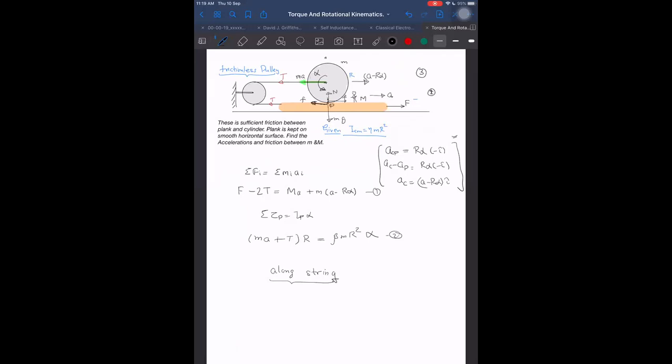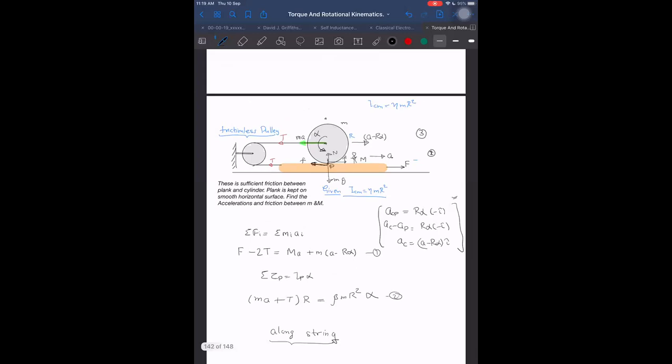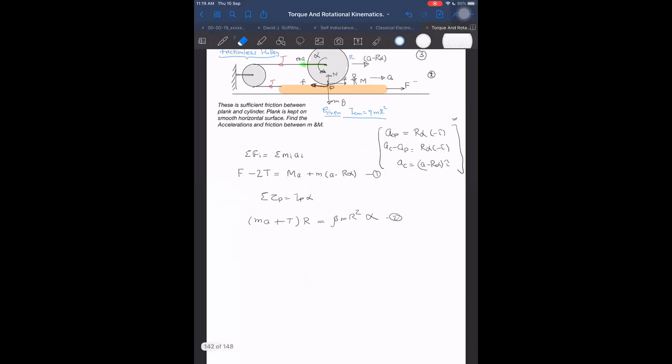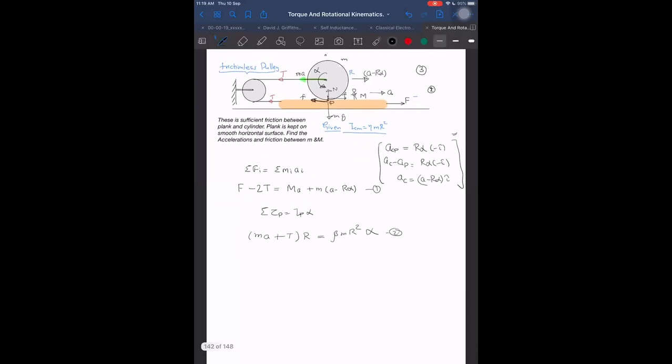Along the string I mean for the upper one in this direction, because this is the direction of the string tension. I will assume first the motion, in which direction it is moving. So if this plank is moving in this direction with acceleration A, no, sorry, basically no need of that. I can directly do it by the constraint relation. What is the acceleration of this plank? This acceleration is A in this direction. Then what will be the acceleration of this point in backward direction? A. Right or not? But I assume this acceleration to be A minus R alpha also. The center's acceleration is A minus R alpha also.